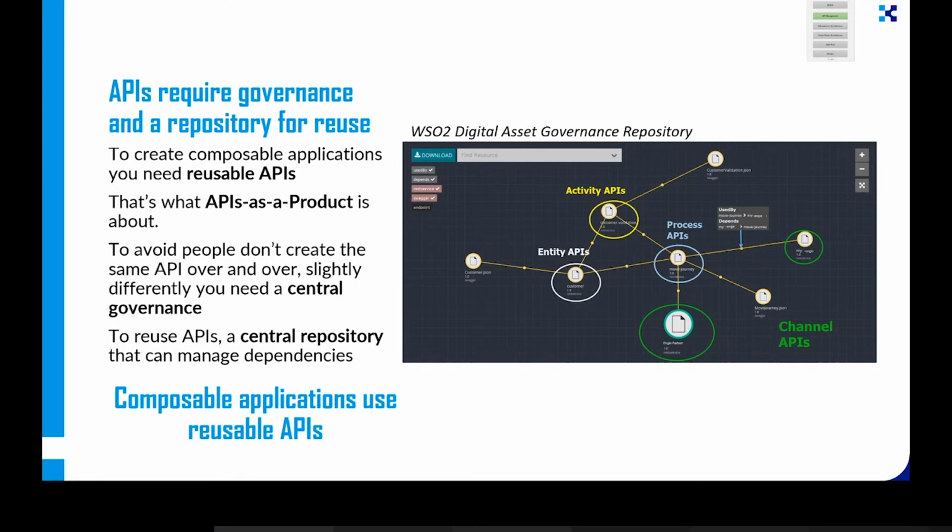Okay. So what you typically are going to have is, because APIs are the way that you are going to compose all your applications, you want a kind of central governance where you see, okay, is this API not too much the same as another? Isn't there already an existing API that you could reuse? So you're going to create a central governance to manage this, and also provide a central repository to reuse your APIs. And in the example here, there is a repository that also knows which APIs have dependencies on other APIs,